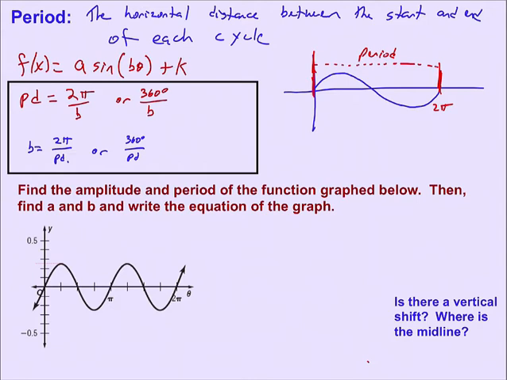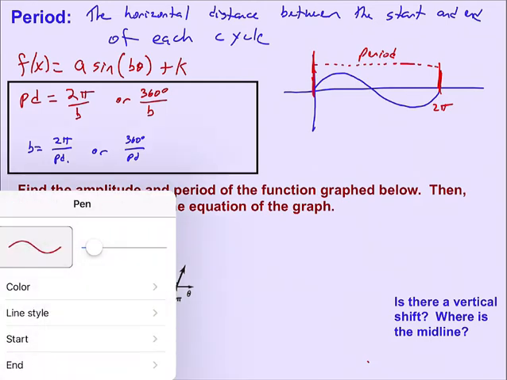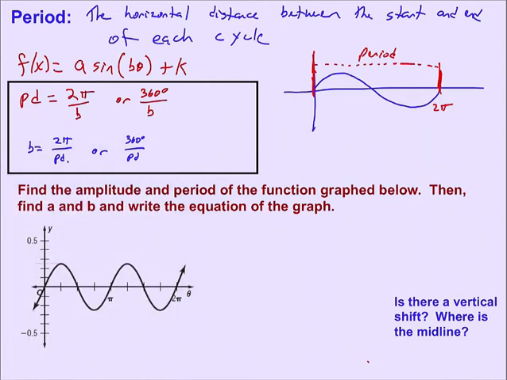Like in this example right here. Find the amplitude and period of the function graph below. Well, let's start with the period. We can see the amount of time it takes for this graph to be finished, it's a sine curve. It goes from the midline, all the way up. That's not done with the period yet. It hasn't gone down yet. It goes all the way down and back, and it is finished by the time we get to pi. So the period is equal to pi,